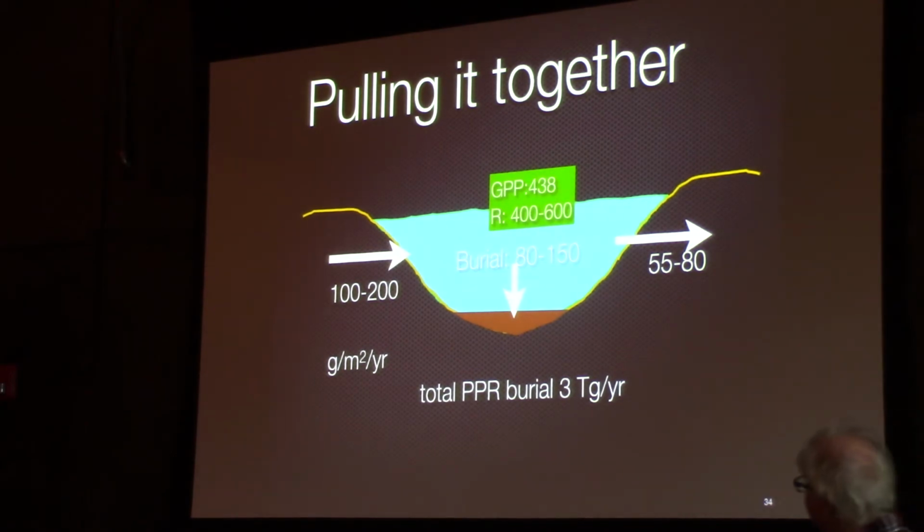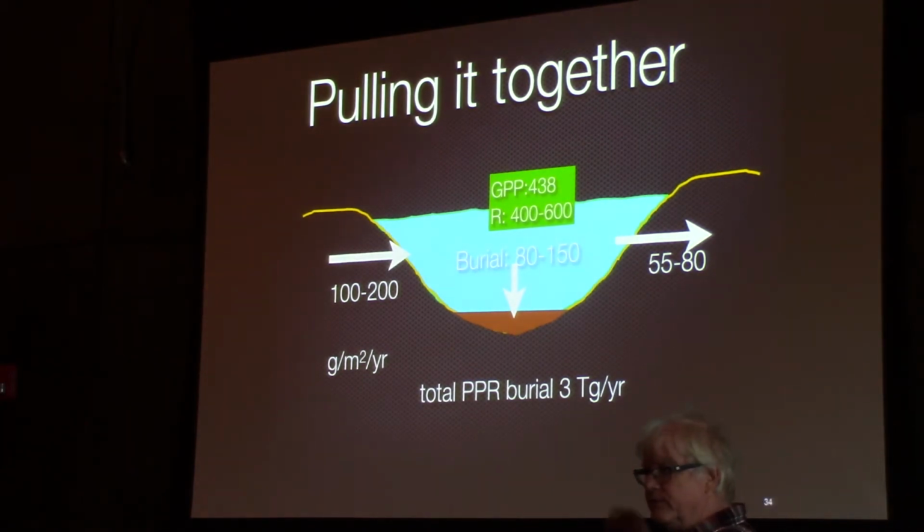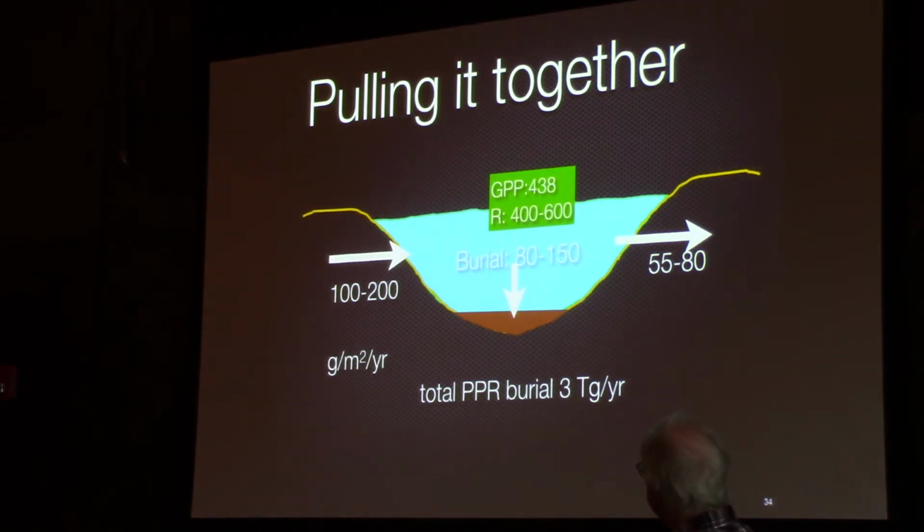And to pull it all together in a simple model in terms of the carbon cycle, this is what we think is going on. So we have, very similar to the pipe model I showed you before, about 100 to 200 grams of carbon per meter squared per year that probably comes in from terrestrial environments. The GPP, the production and respiration, are pretty close to being in balance. Burial is on the order of 80 to 150 grams per meter squared per year, and then they export about